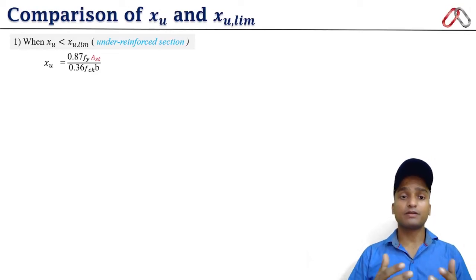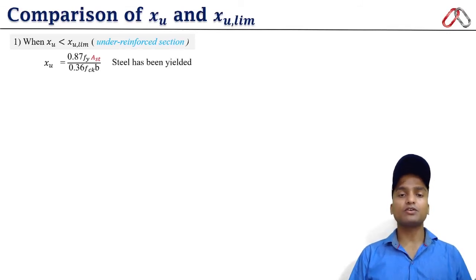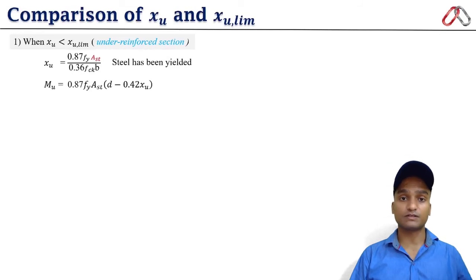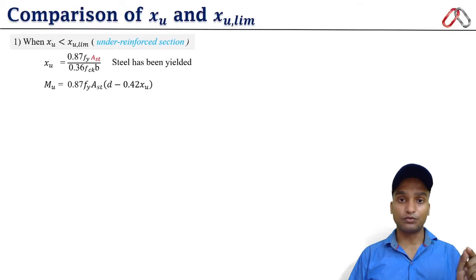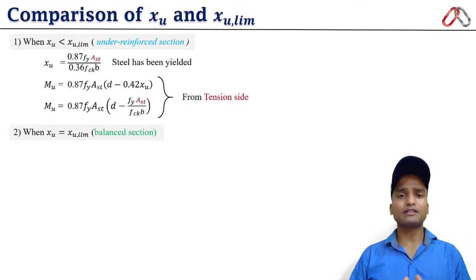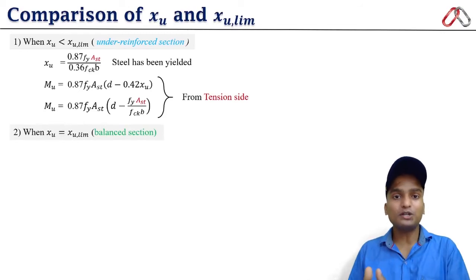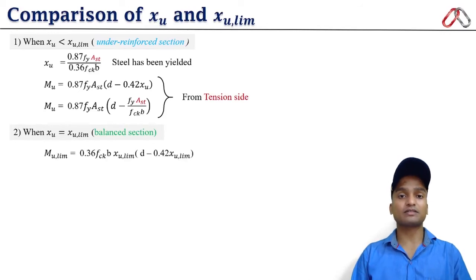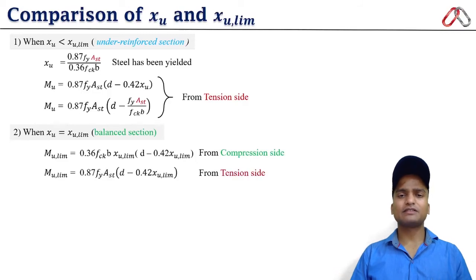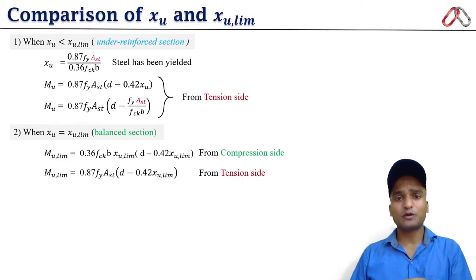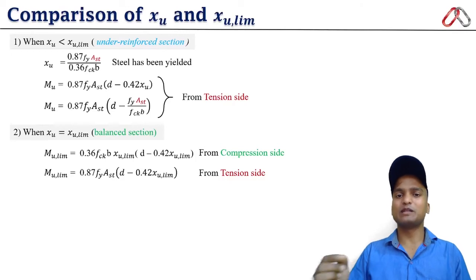In case of under reinforced section, we have to calculate the actual depth of neutral axis using this formula, and we know the steel has yielded, so we can calculate the value of ultimate moment of resistance using this formula, and in this formula we have to put the value of Xu, the actual depth of neutral axis. Okay, if in case you obtain the actual depth of neutral axis equal to the limiting depth of neutral axis, which is very rare, such a cross section is said to be a balanced section. And in case of balanced section, the ultimate moment of resistance Mu will also be equal to Mu limiting,